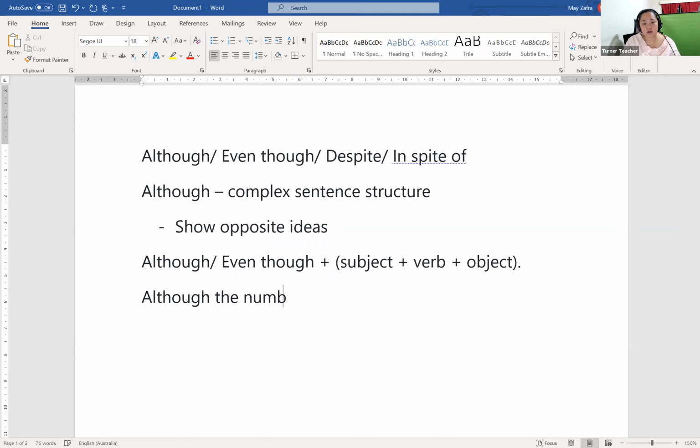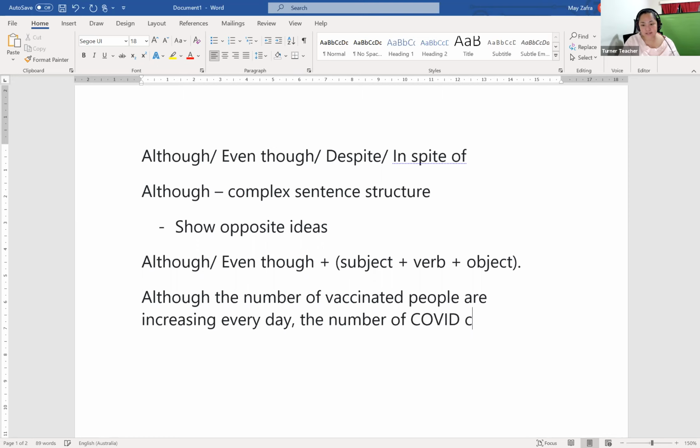Although the number of vaccinated people are increasing every day, the number of COVID cases are not decreasing. Okay. So if we are going to analyze this sentence, although the number of vaccinated people are increasing every day,